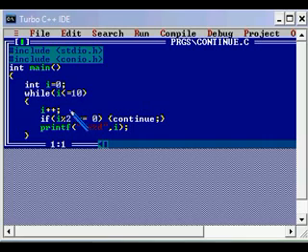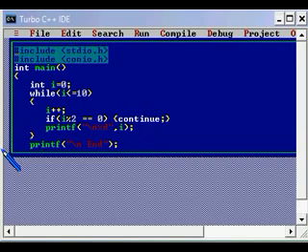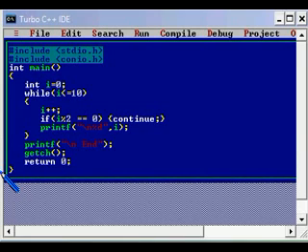So this is the remainder operator. Just like the plus, minus, into, division operators, we have one more operator in the C language, that is the remainder operator or mod operator. It will give the remainder of the operation, not the dividend. That is the difference between the division and remainder operator.